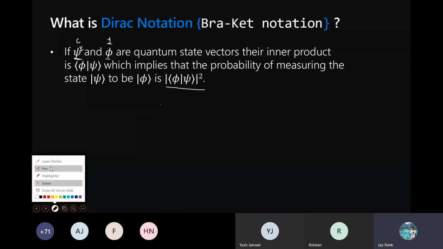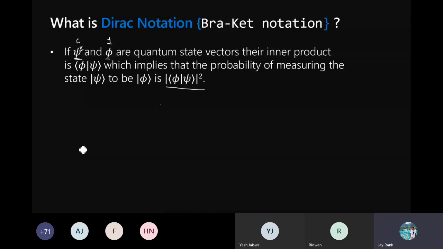We can say that the probability of measuring the state of psi with respect to phi, where phi stands for the probability of being 1, and psi stands for the current state.